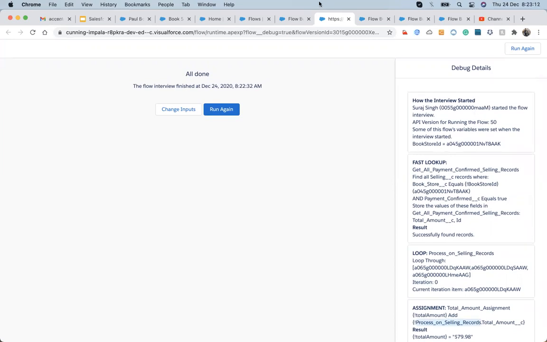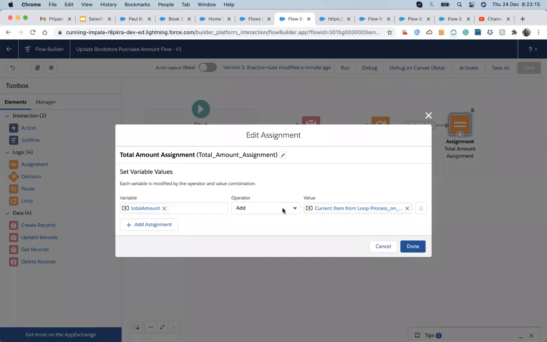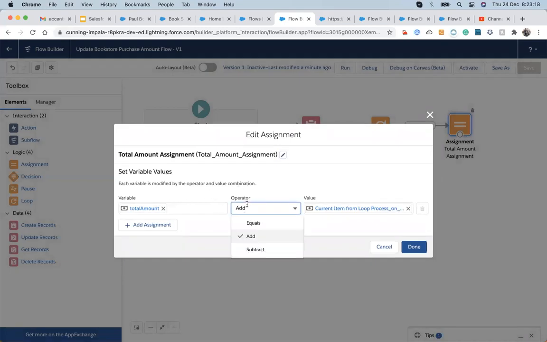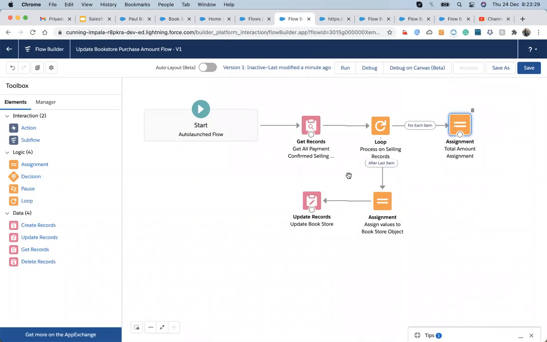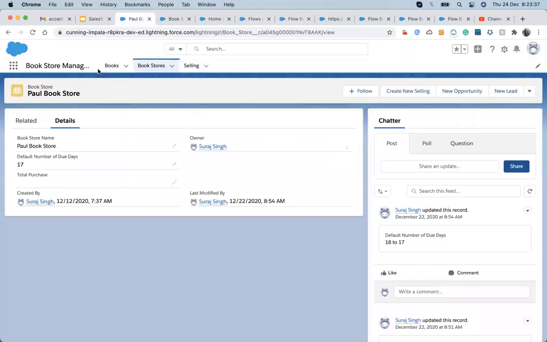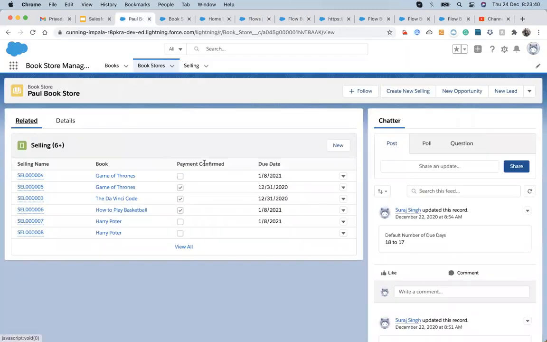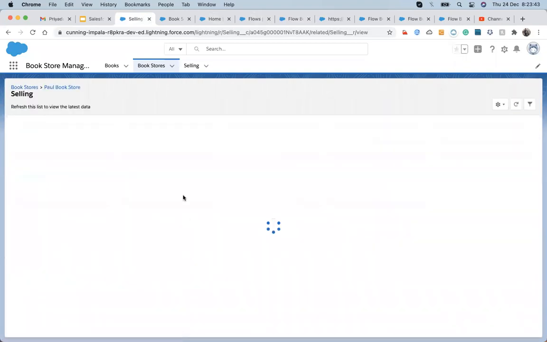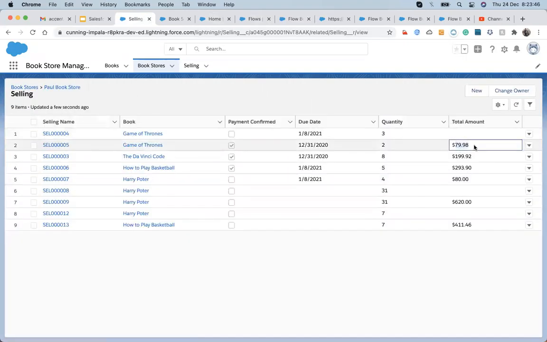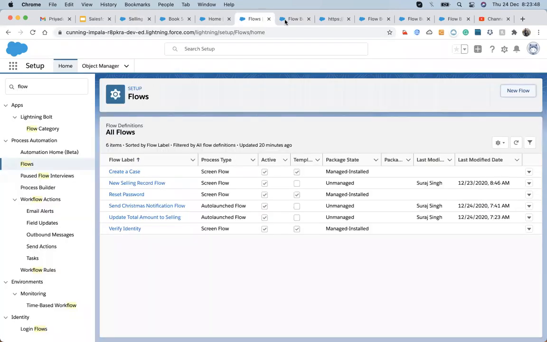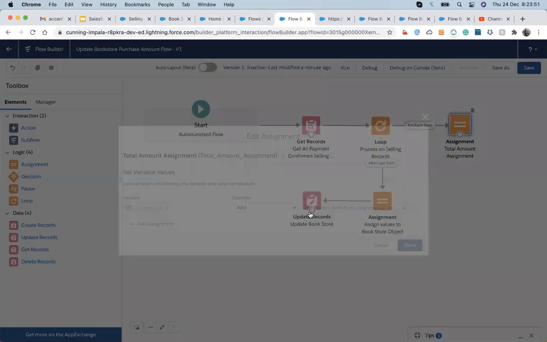I think something happened. This record comes up and thereafter it does not execute the next item. Now it's strange to me.